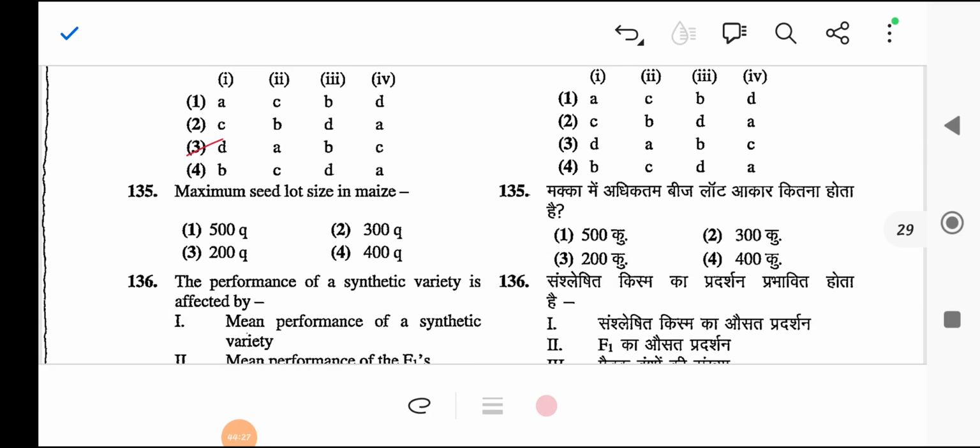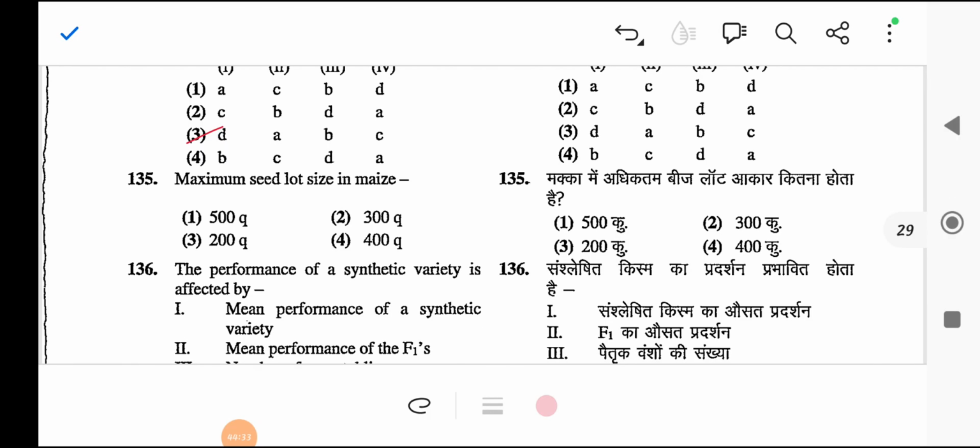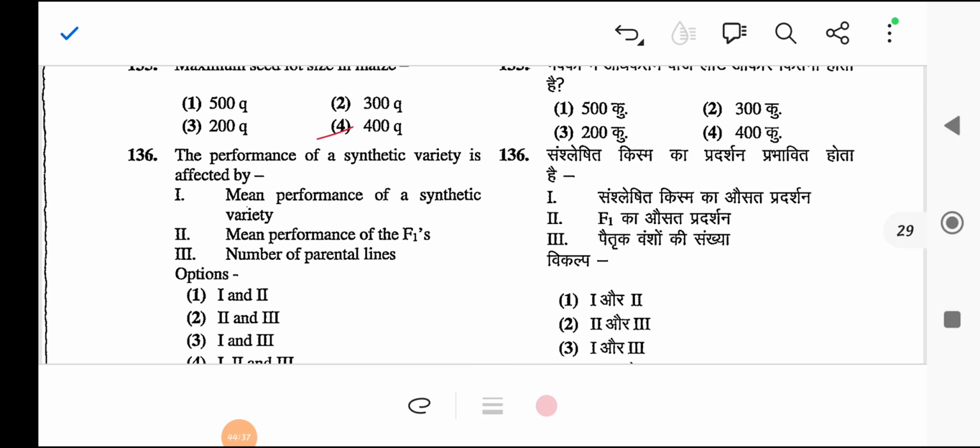Maximum seed lot size in maize. So the maximum seed lot size in maize is 400 quintal. Next is, the performance of a synthetic variety is affected by. So the performance of the synthetic variety is affected by mean performance